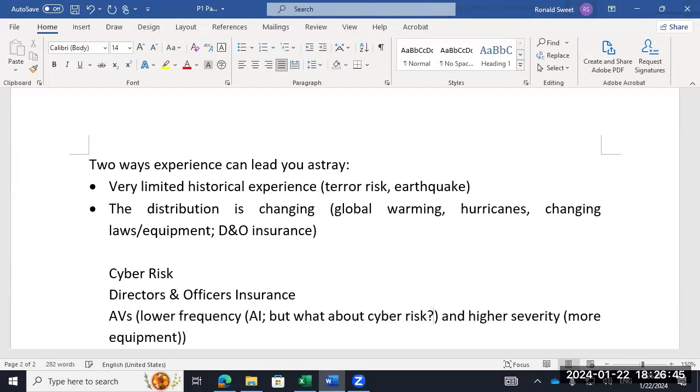But one thing on frequency I would ask that I just mentioned before, what about cyber risk? Could someone tap into these cars and have them all crash at the same time? That would be pretty interesting. So I don't know how the insurance industry is going to handle AVs. We'll talk more about AVs later because the other issue might be